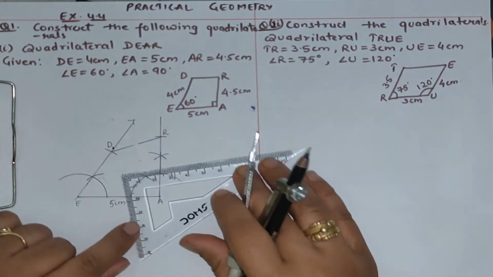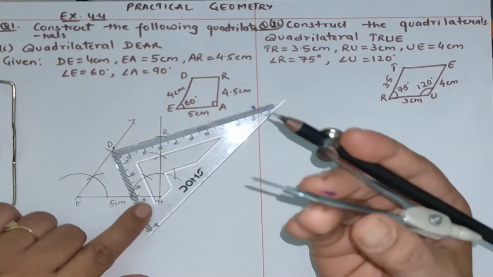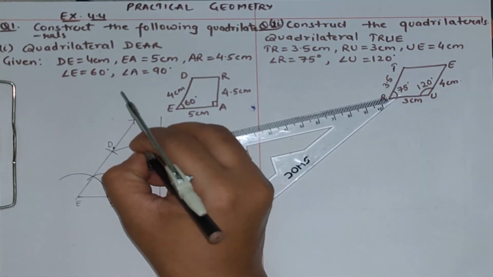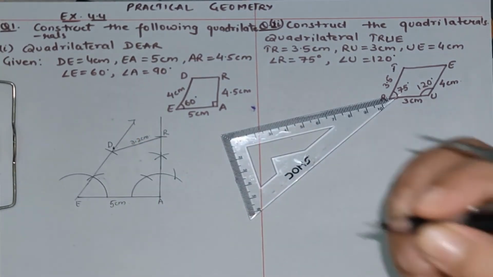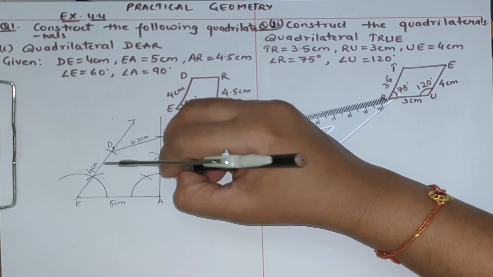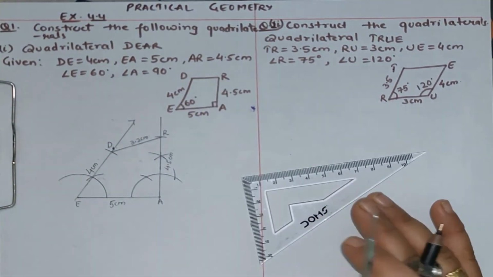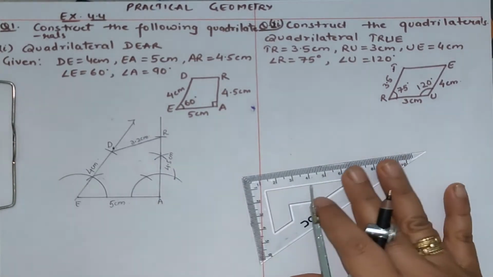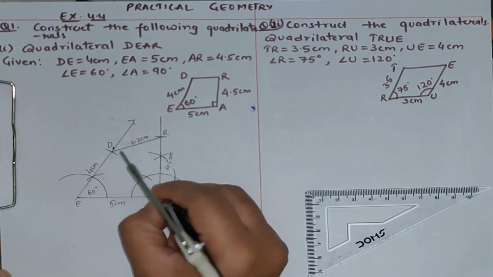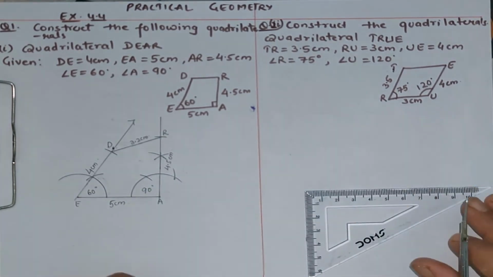You have to measure this line segment also. It is 3.2. It may differ because you are using other pencils, or the lid of the pencil will be different, so it can vary. It doesn't matter. 3 centimeters, 3.2, 3.3, everything is okay. So in this way you are done with your measurement. Now the next question.